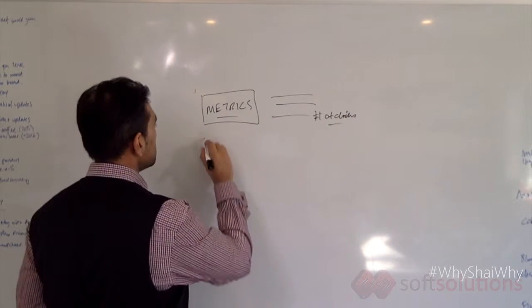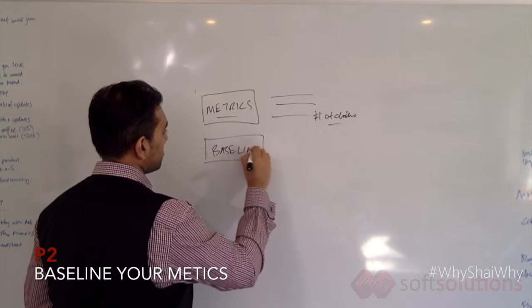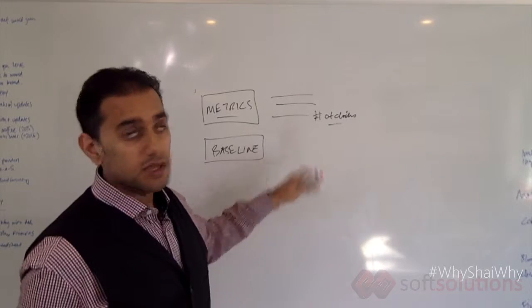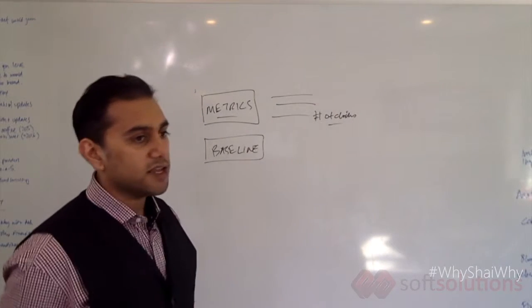Number two, guys, is to baseline, right? This is really taking what your current process is and applying these metrics to it, right? So for example, you would have, I don't know, let's go with number of clicks. If you had